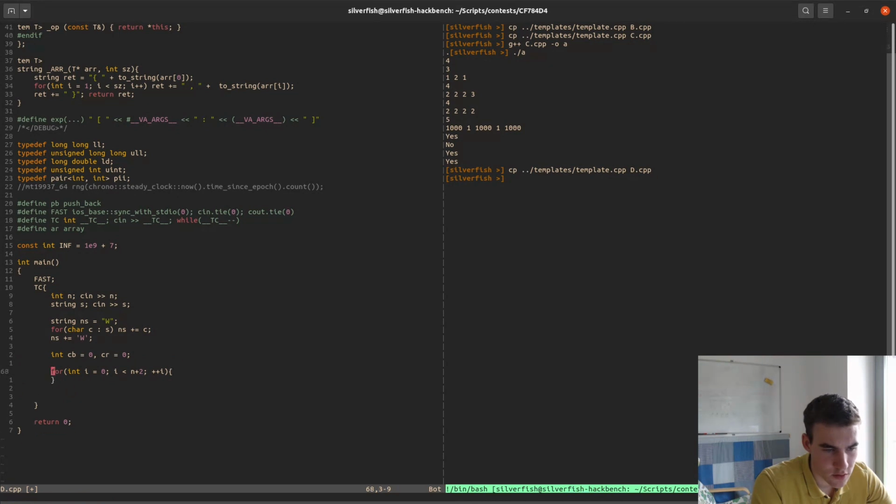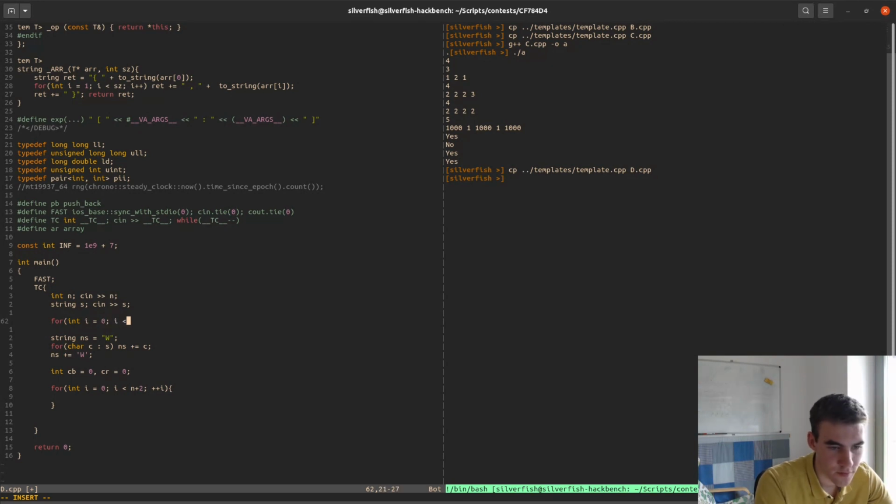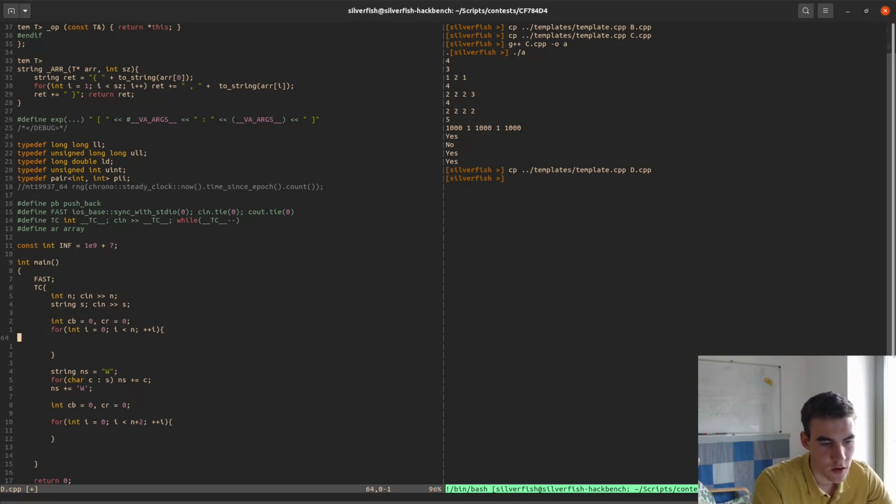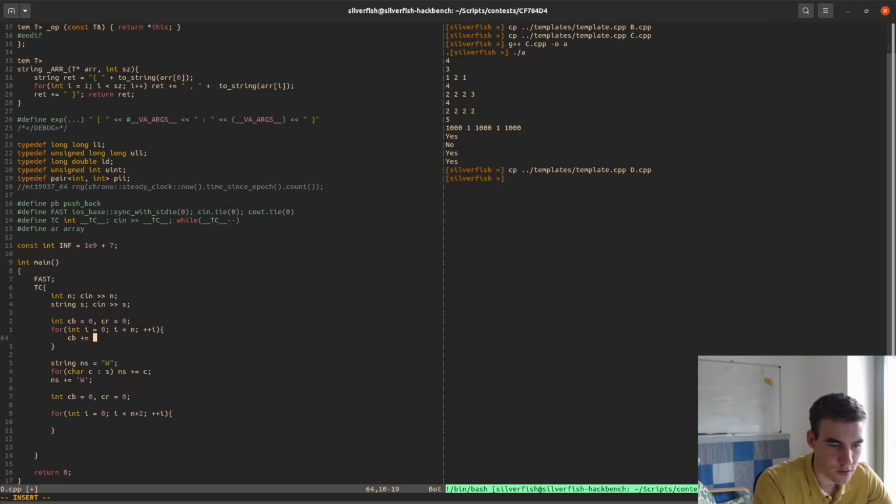I actually don't need to add those elements, right? Okay. If it's blue, I say red, and the count of red is increased when the string is r. If si equals white,